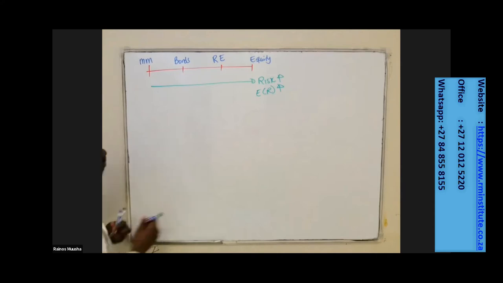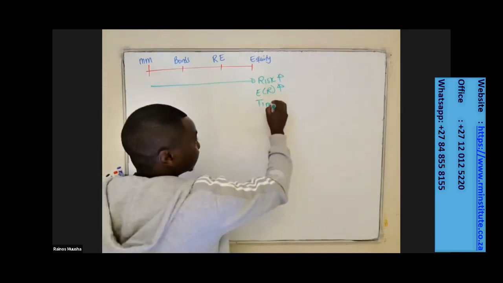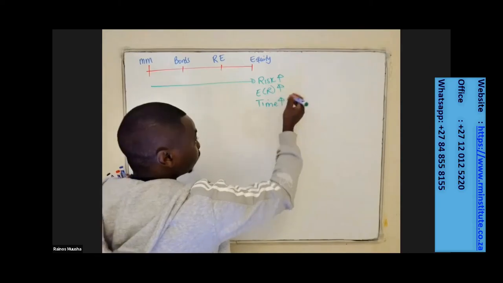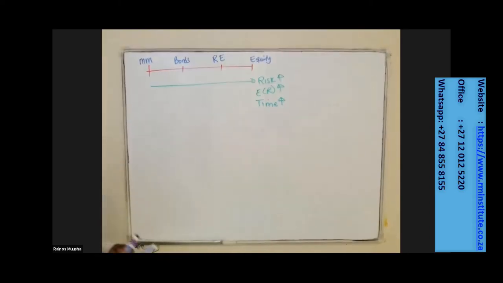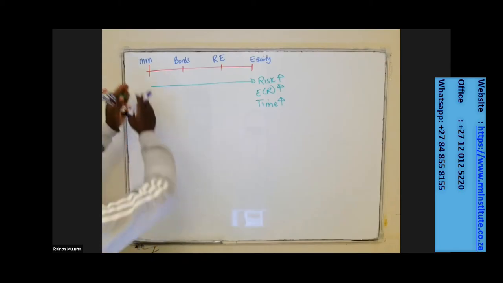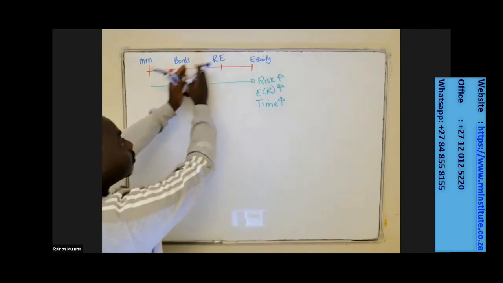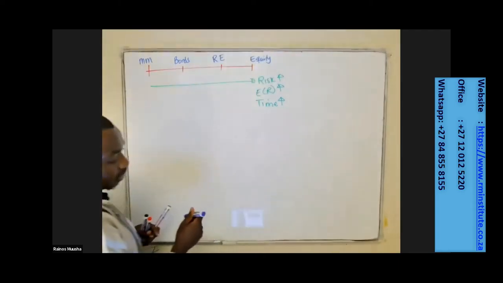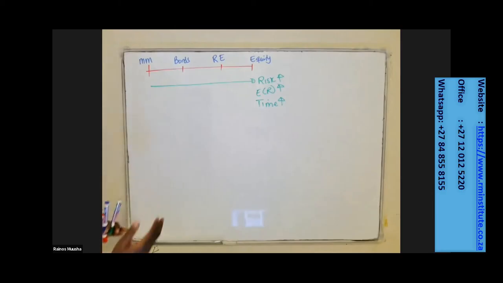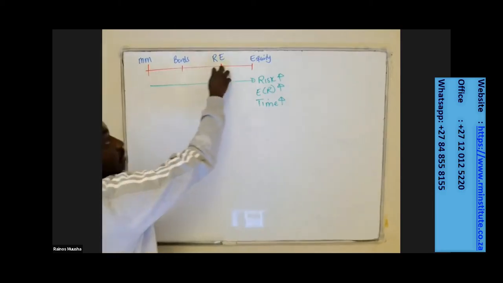But at the same time, the time horizon over which the investment is to be done is also expected to be increasing as well. So what do we see? When it comes to strategic asset allocation, this is where I'm saying if our portfolio can either invest in money market, bonds, real estate, and equity, how much of our portfolio are we going to be putting in these